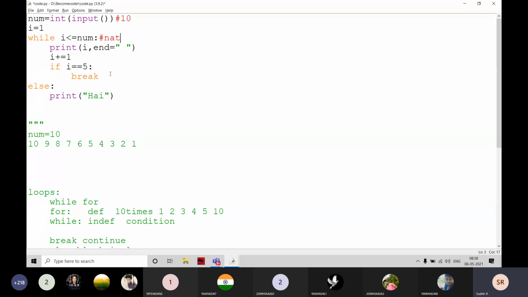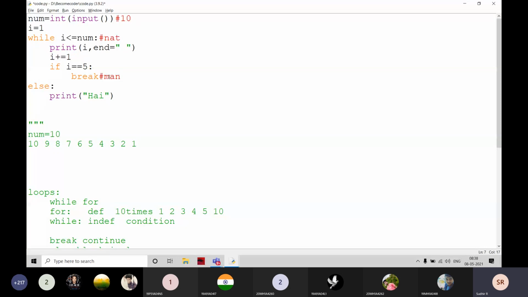This is naturally, and this is manually. If it is terminated naturally, then the else part is going to be executed. If the loop is terminated manually, the else block is never executed.